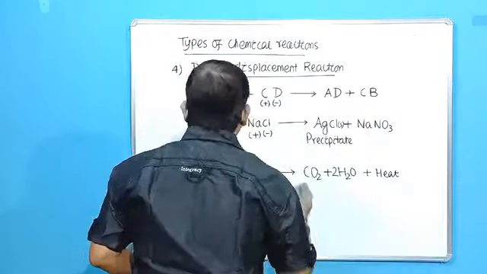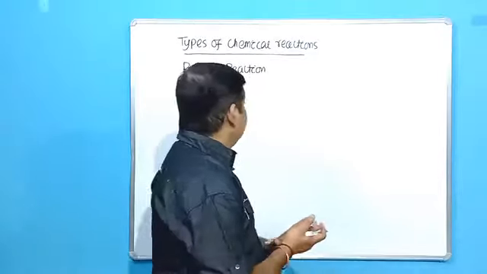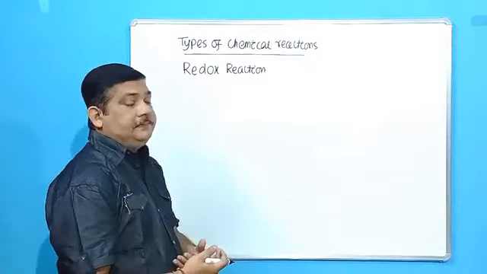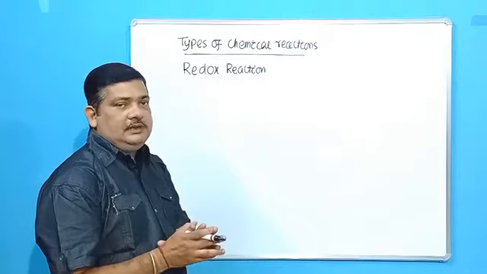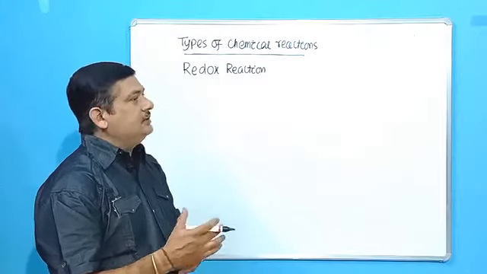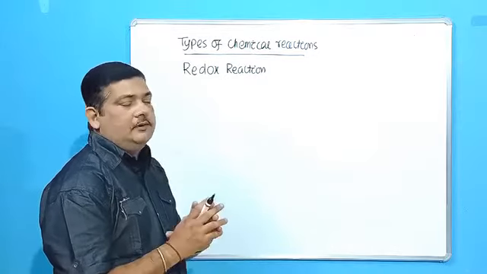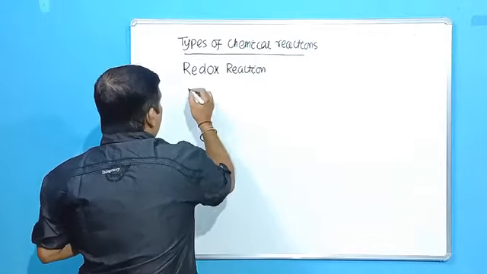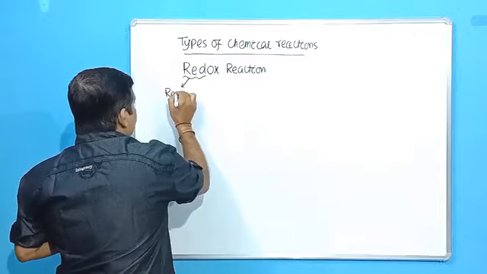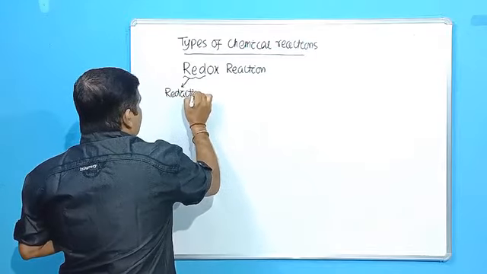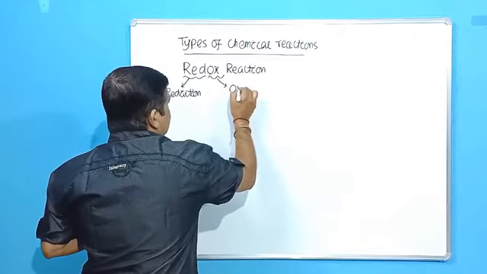Okay. Next, redox reaction. Next students, we will discuss redox reaction. It is a separate topic in your first year, so you will be studying it in detail. For the timing, I am just giving you hints so that you can follow different terms. So redox comes from two words. Red comes from the word reduction. Ox comes from the word oxidation.